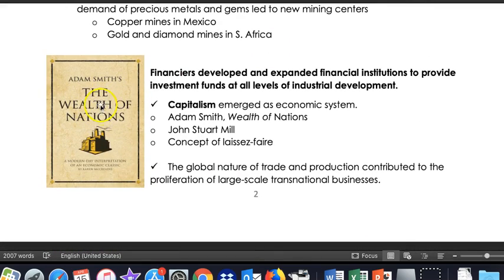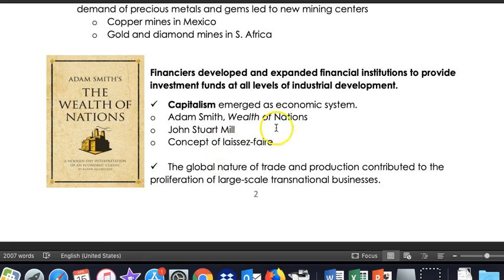So the financing of industrialization, the big question is, does government fund it or do private individuals fund it? And people answer that differently, empires answer that differently, but we had this emerging theory away from mercantilism of capitalism. And capitalism is the belief that private property is important and that businesses and business growth should be driven by individual and private wealth as opposed to government-supported wealth and government-supported industry. So capitalism was a new economic theory.